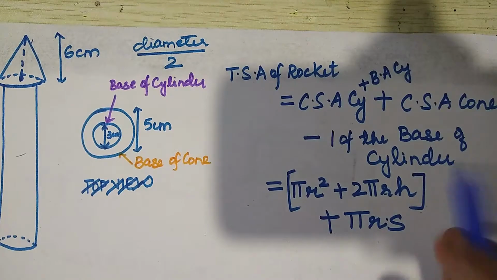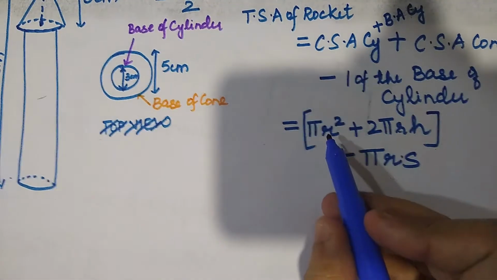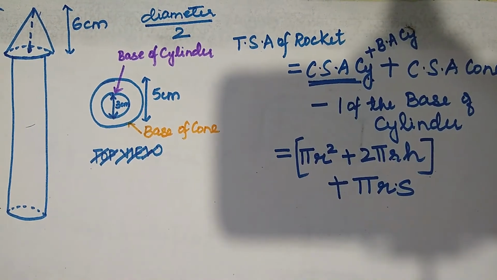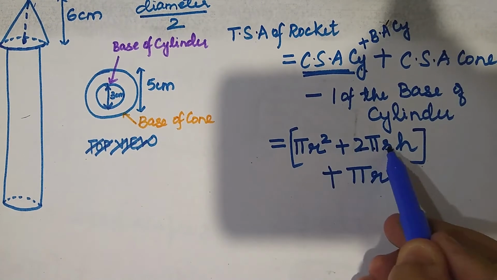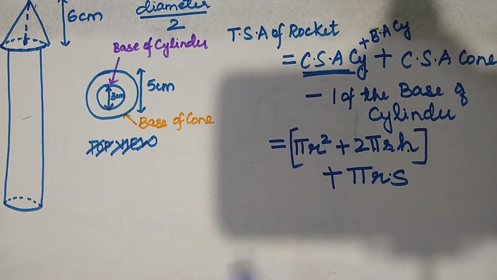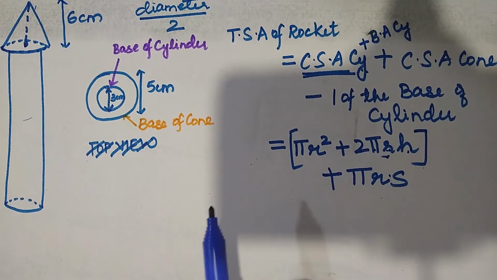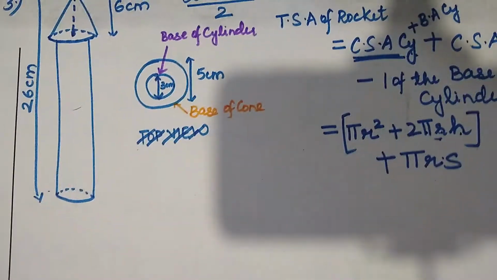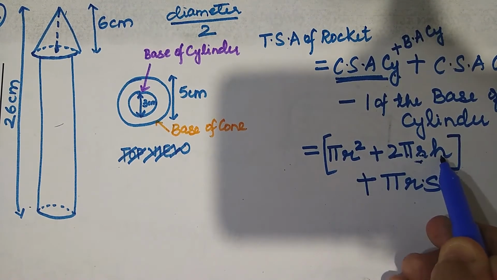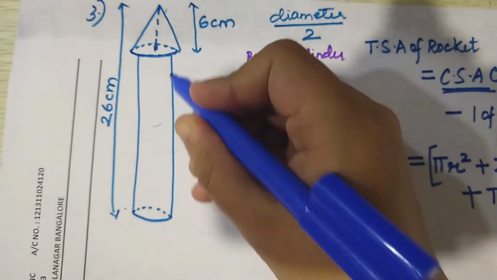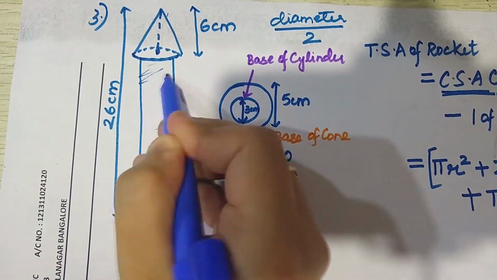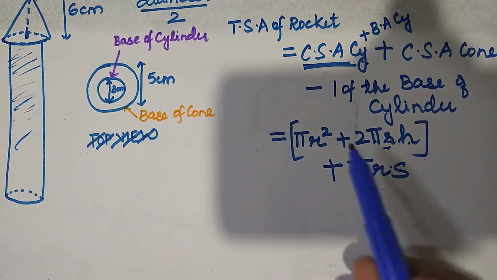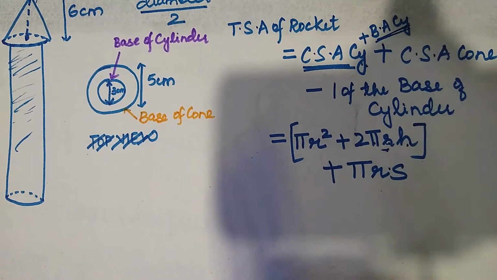So anyway, with the formula, we go to the curved surface area of the cylinder. The formula would be 2 pi RH. Why is it 2 pi RH? Because 2 pi R is the circumference of the circle, which is this. This ring type of thing is called the circumference of a circle, which is 2 pi R. When this 2 pi R is multiplied with height, you get this whole curved region of the cylinder, as 2 pi RH, plus the base area of the cylinder.